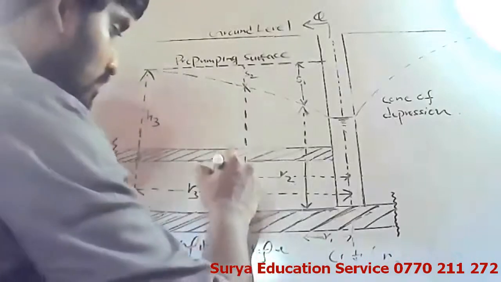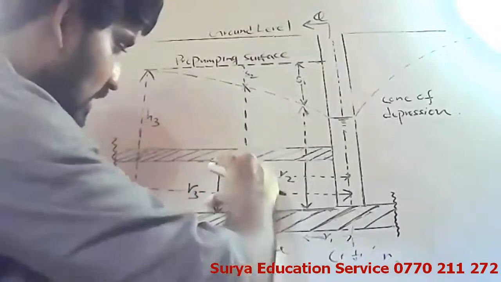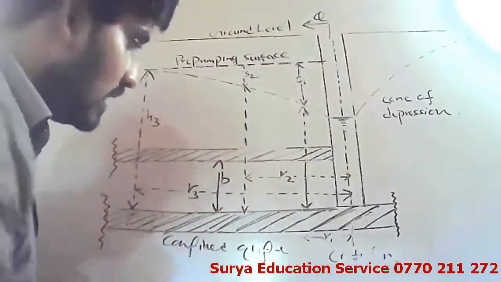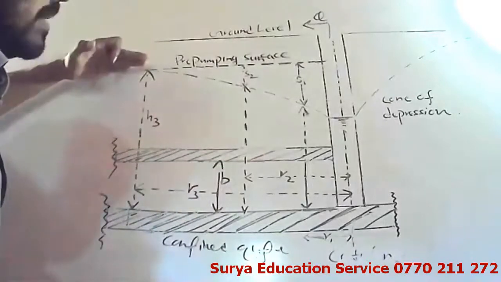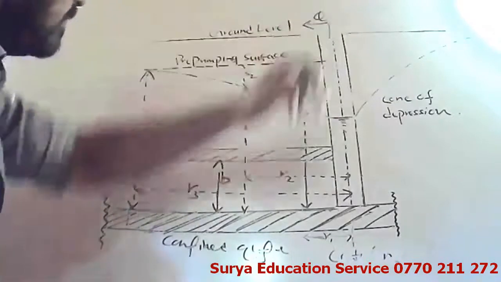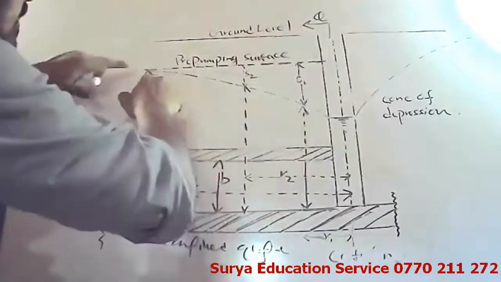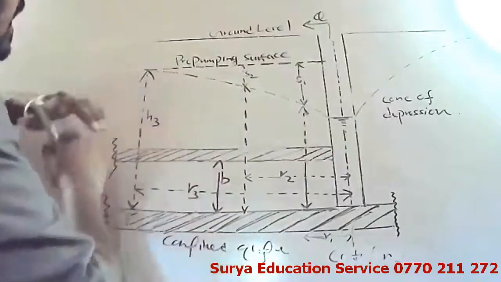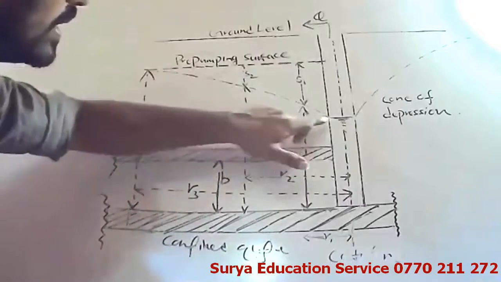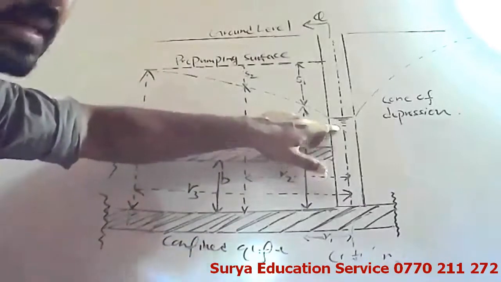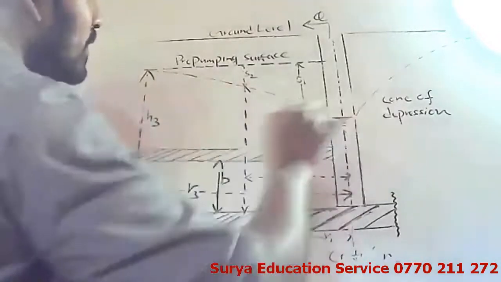Okay, so I can put it like that. Here you can see this thickness. We call this thickness B, which is the thickness of the aquifer. Ground level, pre-pumping surface before pumping, and this is where the discharge happens. Now here you can see a curve. This curve connects the pre-pumping surface at the maximum level, the water level at rest, to the water level inside the well. This curve is what we call the cone of depression.